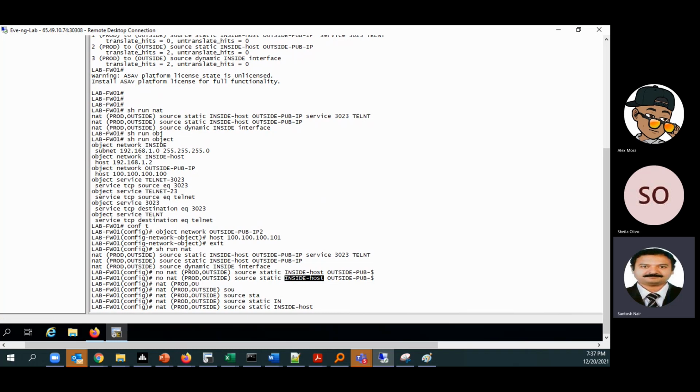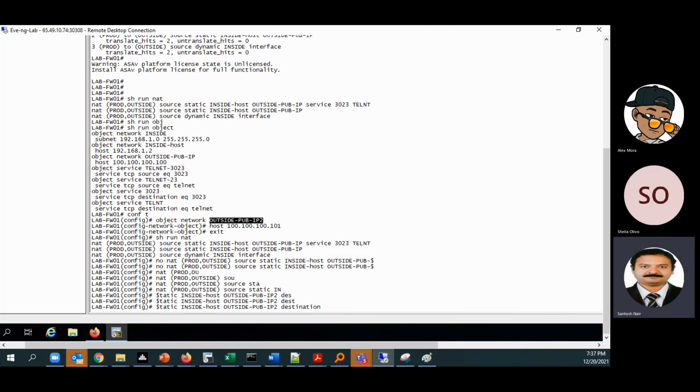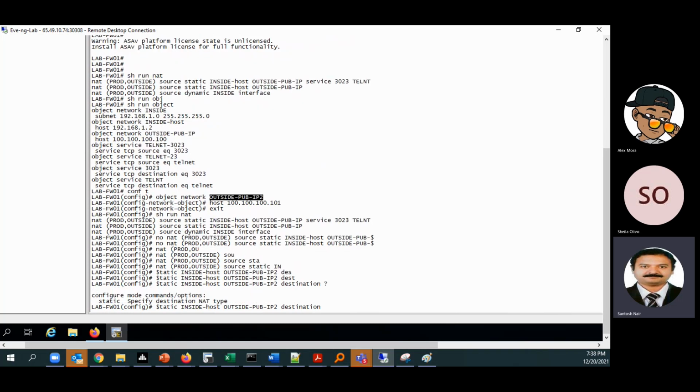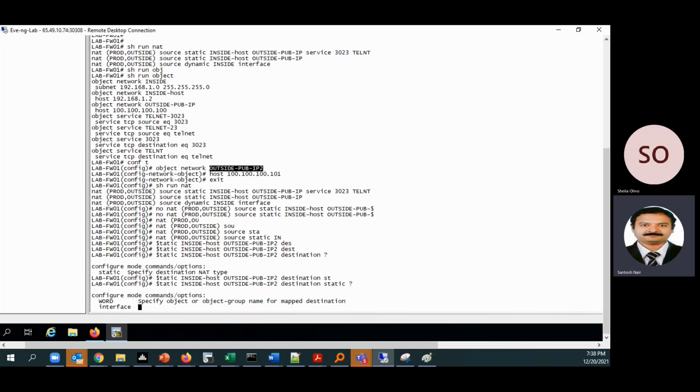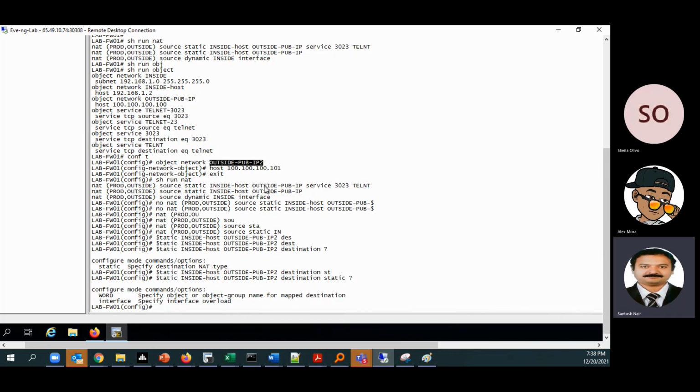And what is the object that we created now? IP2. And destination is not mentioned, one second. We have to give destination also as an object.